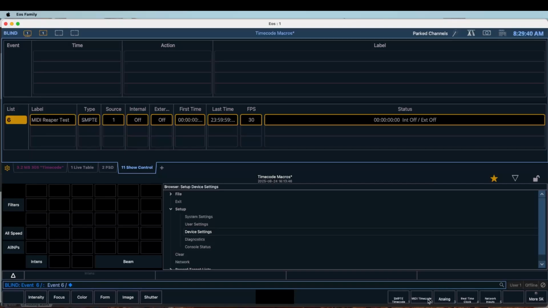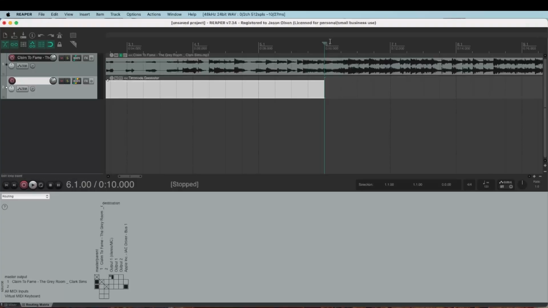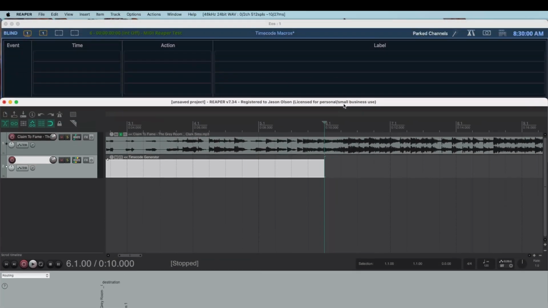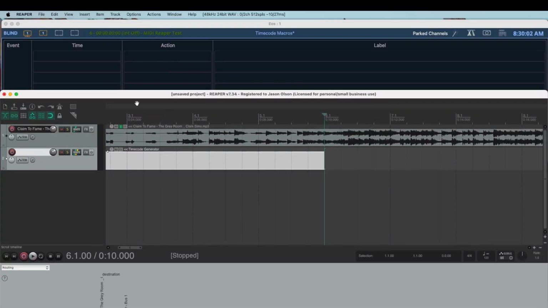And then down on my soft keys, I'll click timecode and press enter. And so the source is 1, which is what we match in the setup. And then I'll turn external on because I want to source external timecode. And then we're going to leave all these at the default. And now even with that up, I'm going to open up Reaper. I'm going to slide this down just a little bit so you can see the timecode there in the background. And if I hit play,